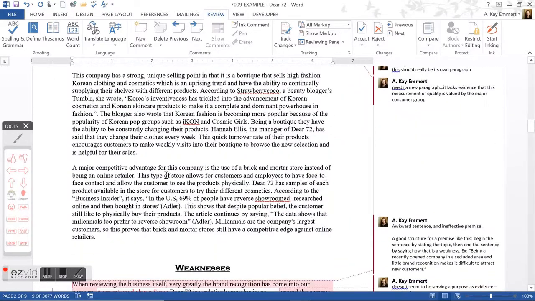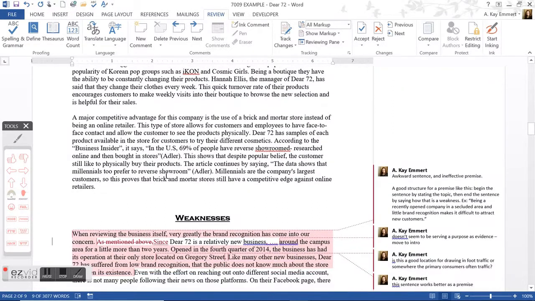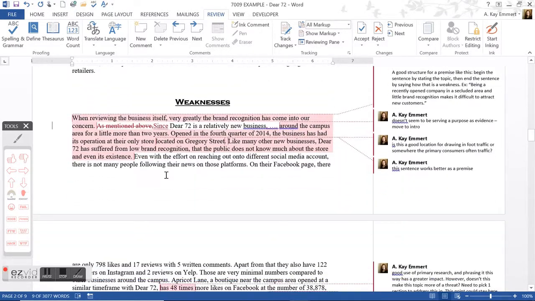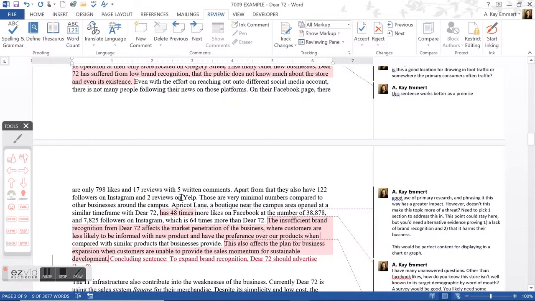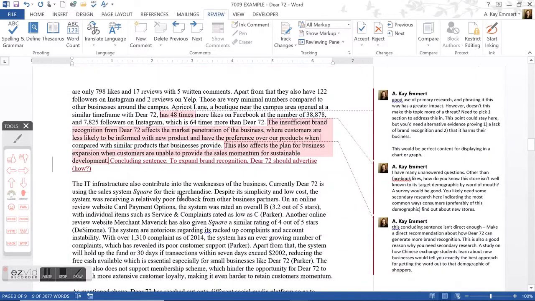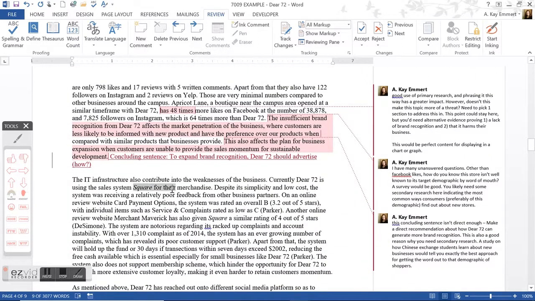And so in the intro, I would simply say they use Square to keep track of sales, and maybe just describe what Square is. And then in the weaknesses section, that's where they can argue that Square is not great. Okay, so you get the idea. You basically go topic by topic and figure out what you can profile about the business in the intro without making arguments. Okay, so